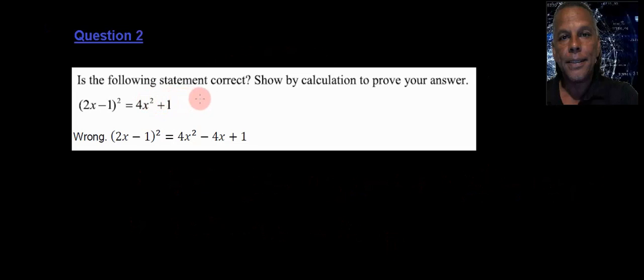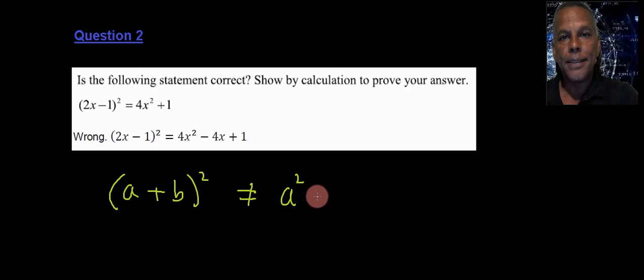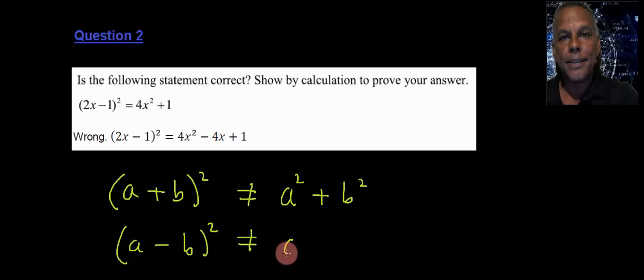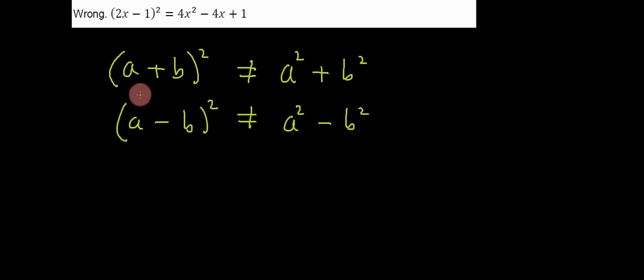Here they want to know whether this statement is correct, and it says, show by calculation to prove your answer. What's quite important to note is that when we have a plus b all squared, this is never equal to the first term squared plus the second term squared. The same with a minus b. A minus b all squared is not equal to the first term squared minus the second term squared. Remember that a plus b